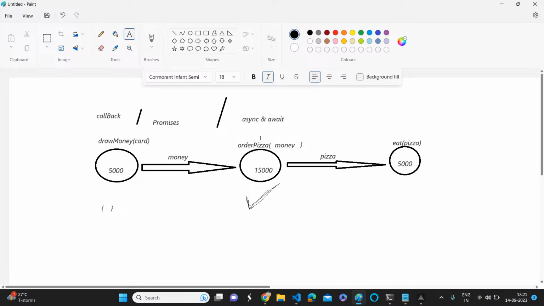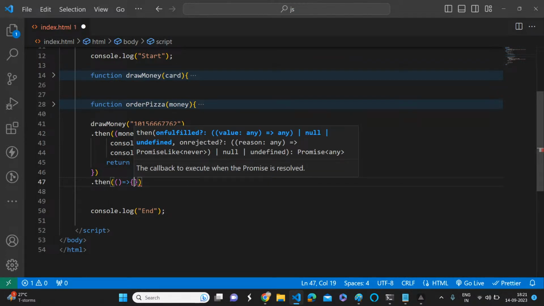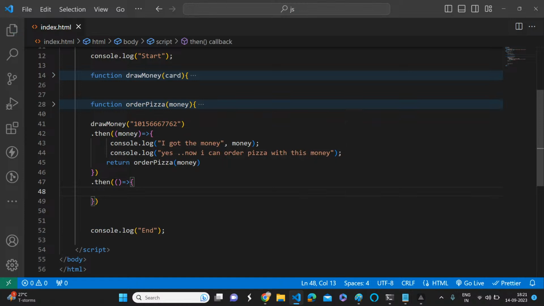Now here order pizza also returns another promise, right? We have another promise object. Once it is resolved, it can also execute the then method, right? So here in the then method, what will we get as a response? Once you order the pizza, it is returning a promise. If that promise is fulfilled, it is going to invoke that then method. So what is the result of the second promise?